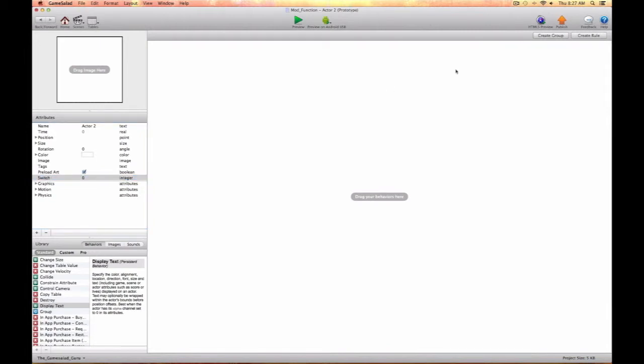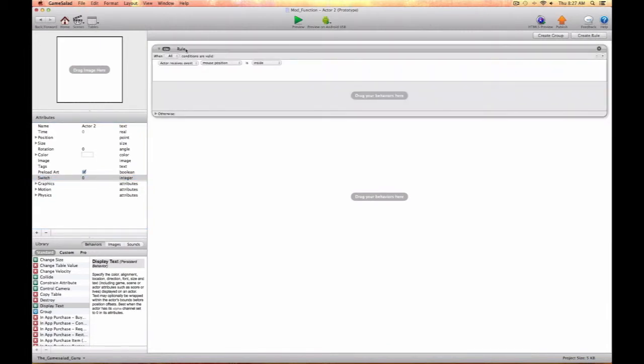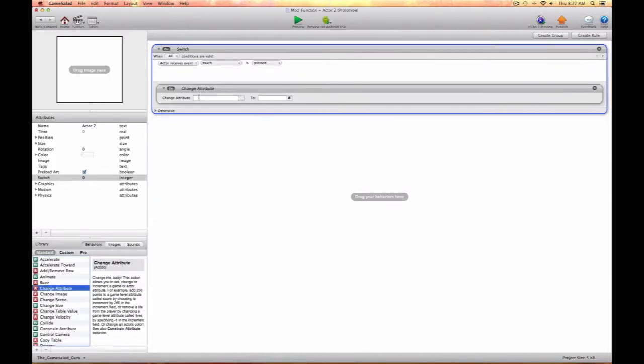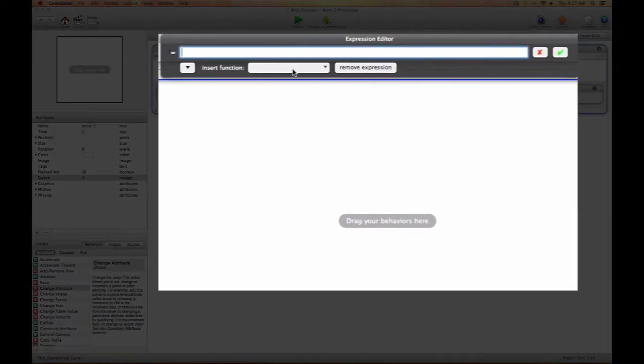And then what we're going to do is come up and create a rule, and we'll call this rule switch. And then we're going to use a simple when touch is pressed. Now we're going to come down and grab a change attribute. And so what we're going to say is when self switch,